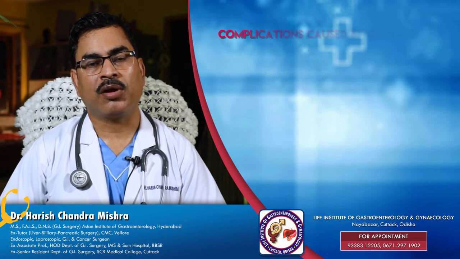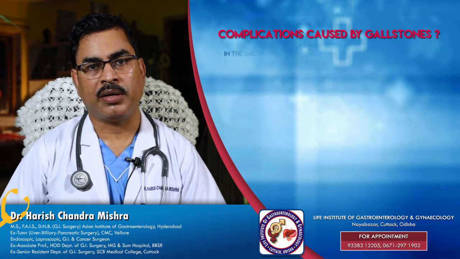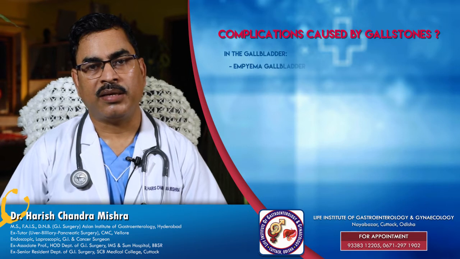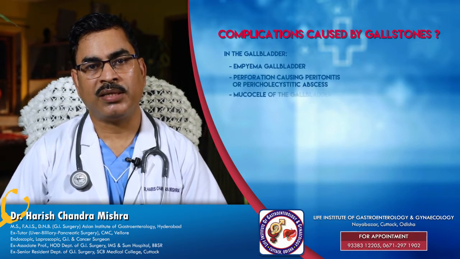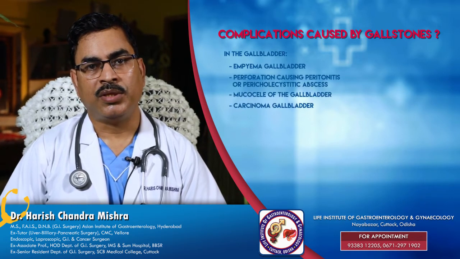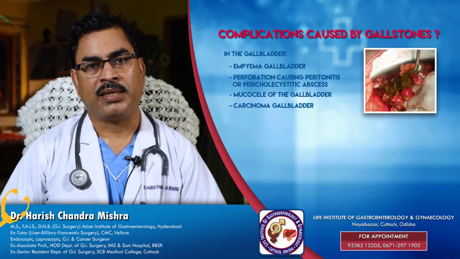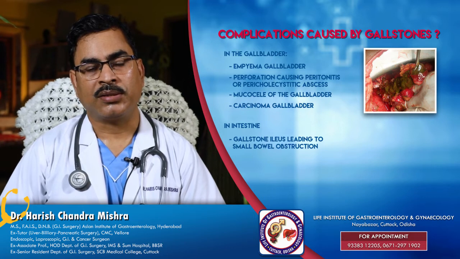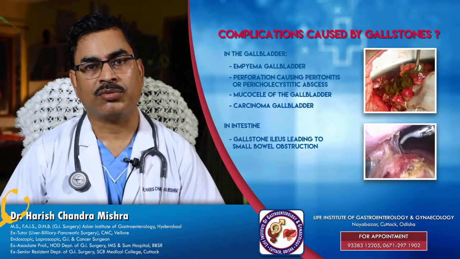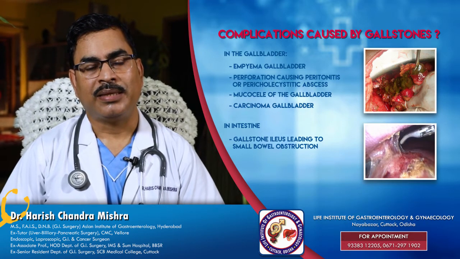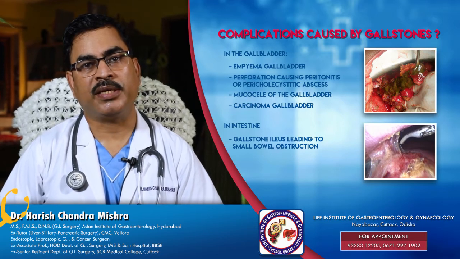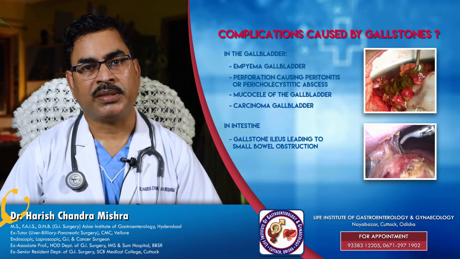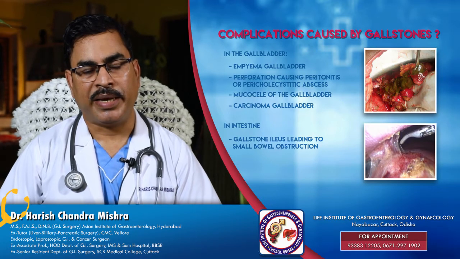Sometimes these attacks of the gallbladder may be very severe, which are called empyema of the gallbladder or gangrenous cholecystitis, in which the gallbladder wall is completely affected. The bile within the gallbladder becomes infected. So there is a severe amount of infection around the gallbladder area, and all of the adjacent structures try to come and attach to the gallbladder to control the infection. These are the patients who require emergency treatment. Otherwise, the majority of these patients can be treated in an elective manner.